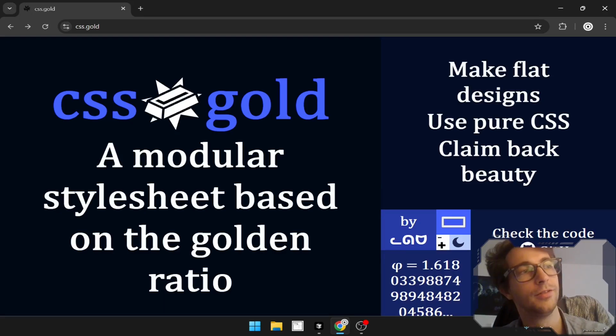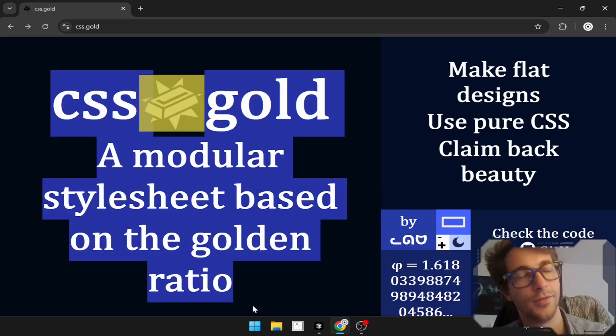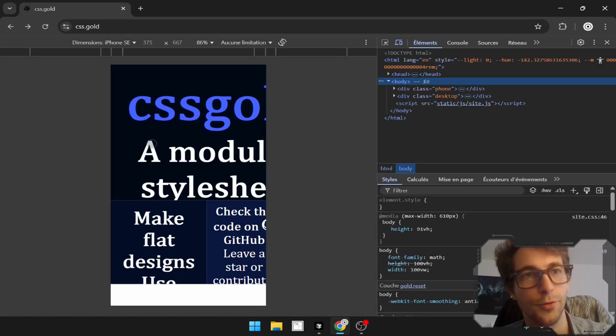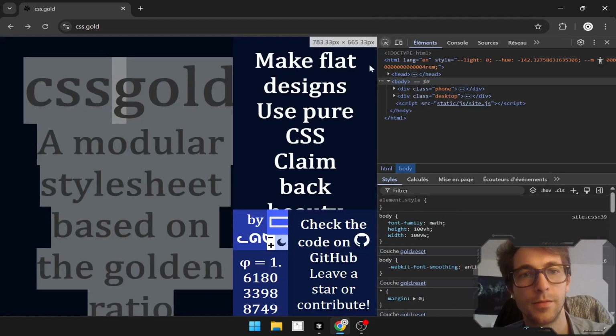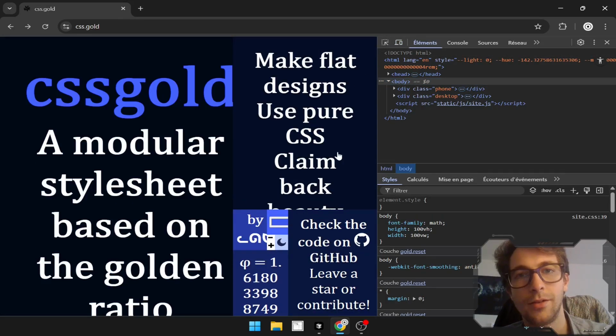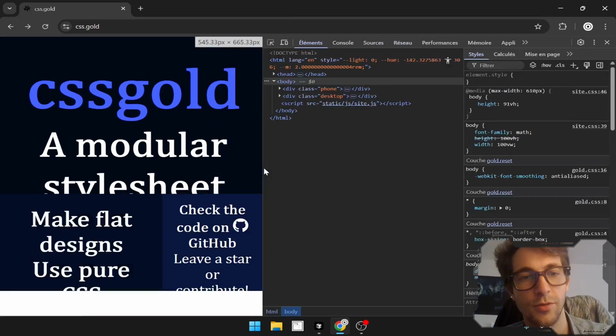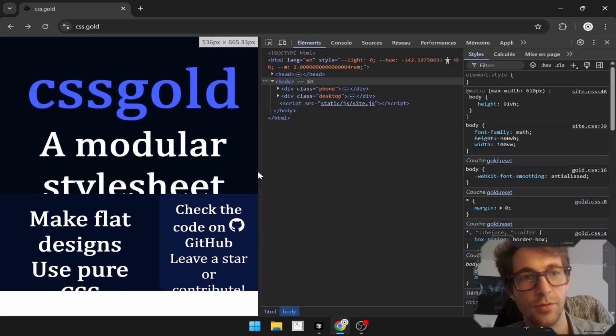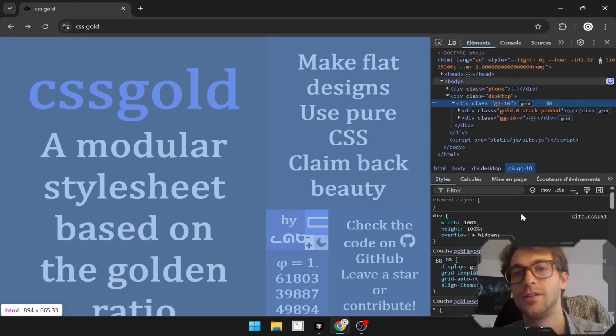But basically, you have this thing which is like in a GG10. So this is the big stuff, and this is the small one, and then you nest them. This is the big one, this is the small one. I can show it to you. It's kind of responsive. I just hide stuff when it's too small. Yeah, so you see,